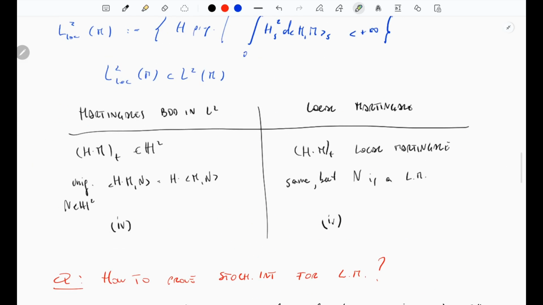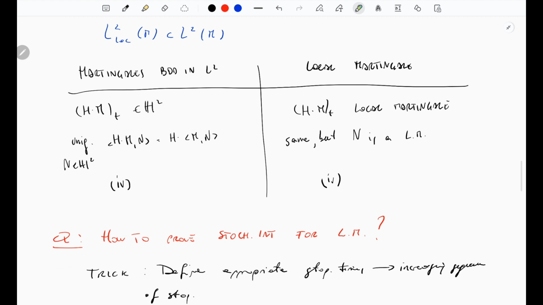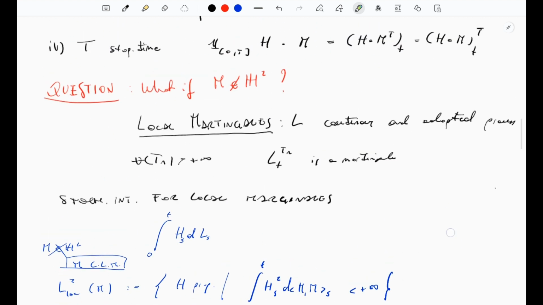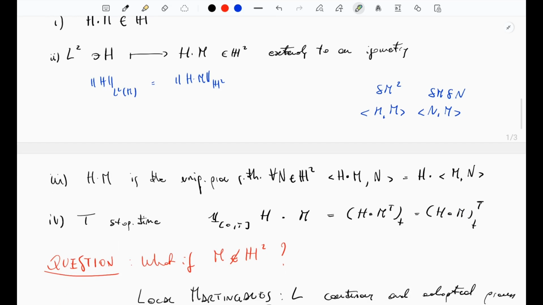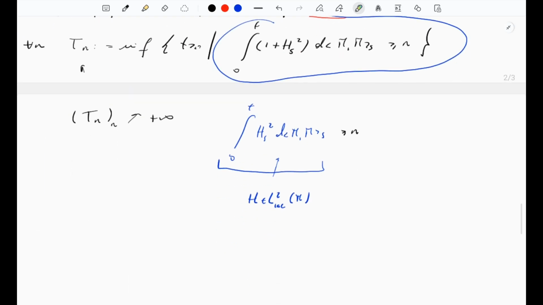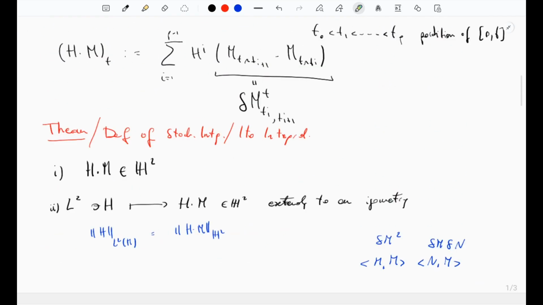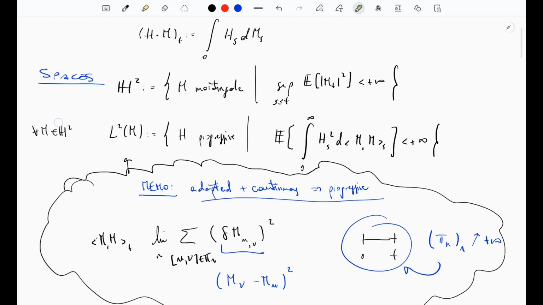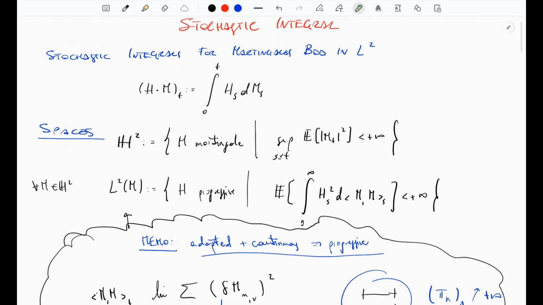And then, again, if you have to prove this, you basically need to define an appropriate sequence of stopping times, okay? So we're at 30 minutes, and we just read in 2 pages, but I feel like I talked a lot, and I hopefully gave you a rough idea of what's behind the stochastic integral, even though I haven't really said much, but there's, again, could be talking for hours.